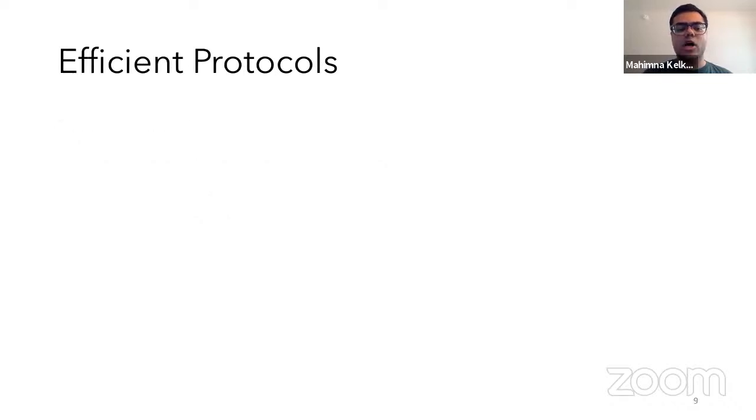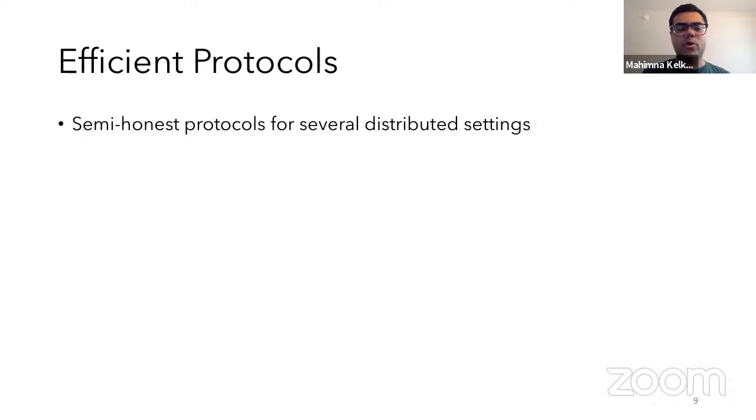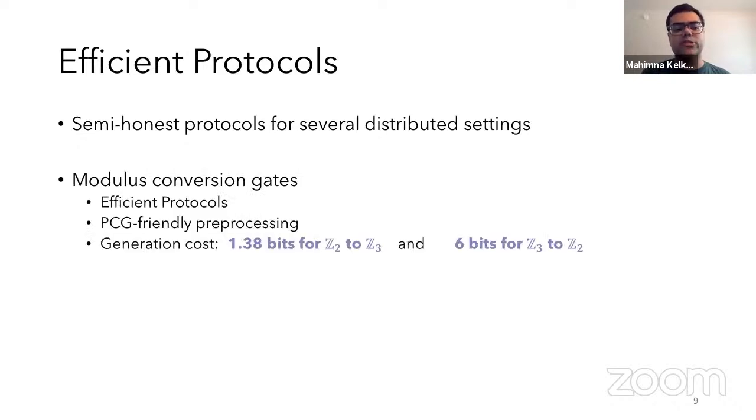So we focus on the semi-honest setting for our protocols and provide protocols for many distributed settings with and without preprocessing. And our main efficiency gains are from the use of modulus conversion gates that can convert between shares in Z2 and Z3. And we provide efficient protocols for these gates, as well as techniques to generate the correlations efficiently